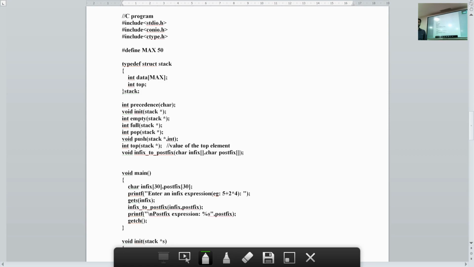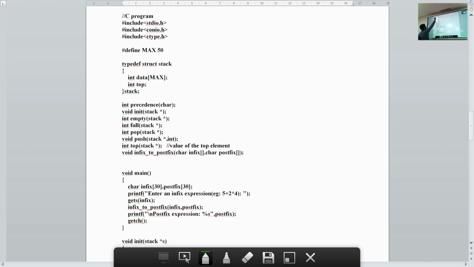So students, now we are going to study a program to convert an infix expression to postfix expression using stacks. Before you study this program, make sure you have understood this algorithm for the conversion properly. Once you have understood the algorithm, then only proceed to study this program. This program is based on the algorithm that I have already taught you. So study that algorithm and then proceed to learn this program.